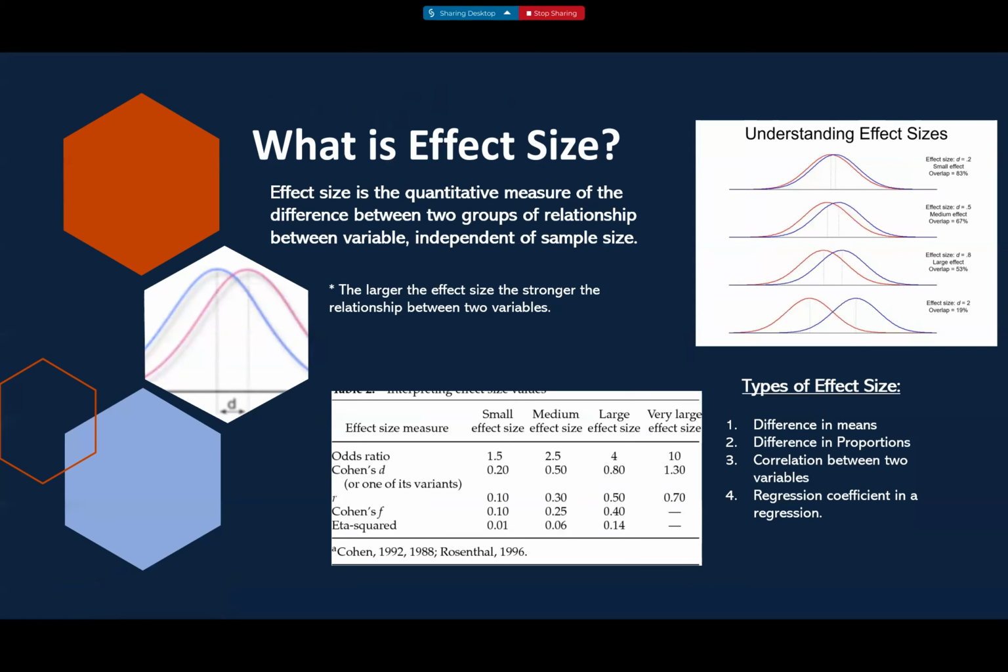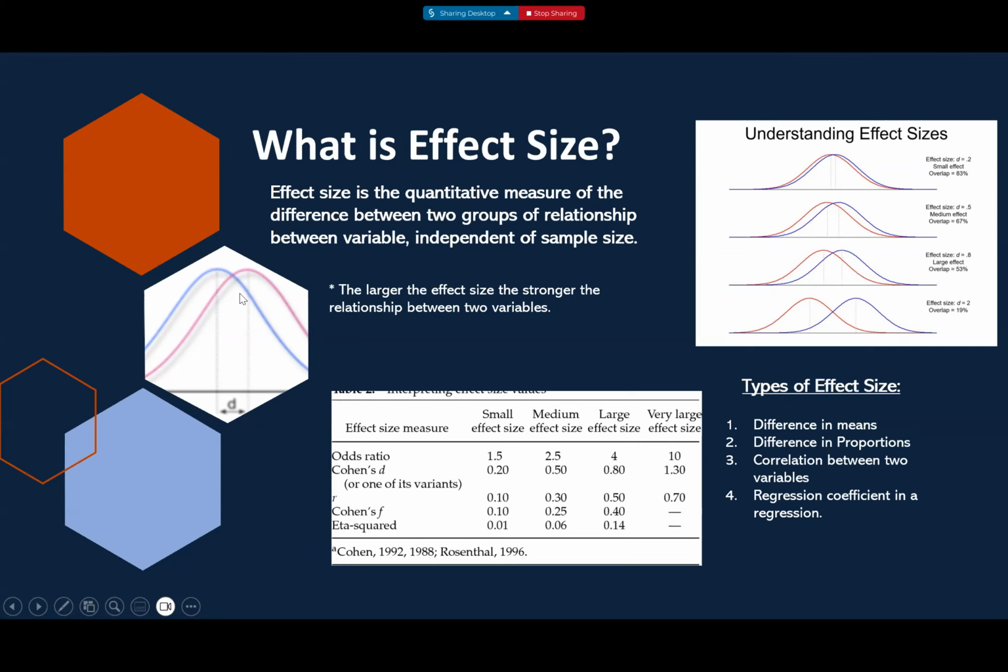What's also important in power analysis is understanding effect size. What is effect size? Effect size measures the strength of a phenomenon. It is the quantitative measure of the difference between two groups, or of the relationship between variables, independent of the sample size. For example, if you look at this little plot here, I tried to be a little fancy, let's say the blue graph here is the